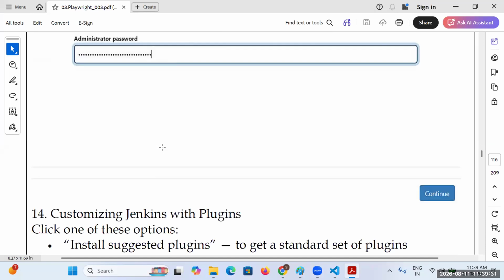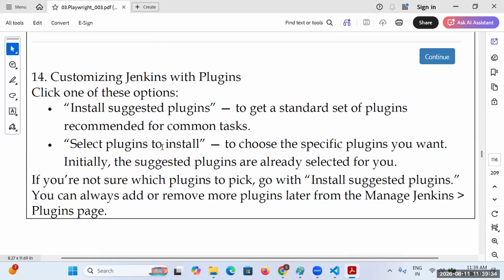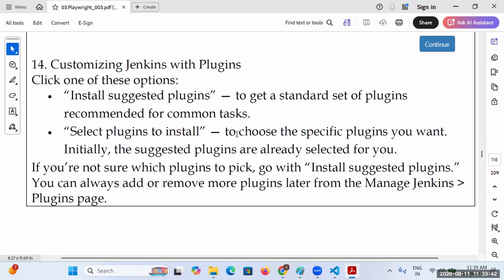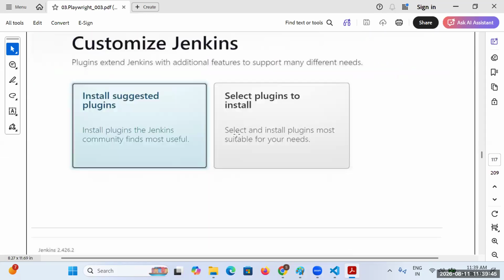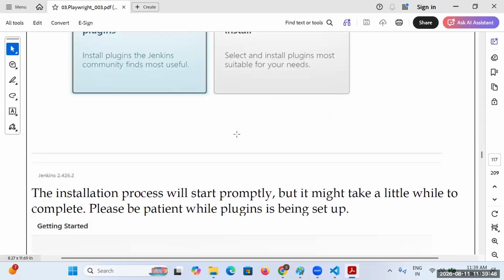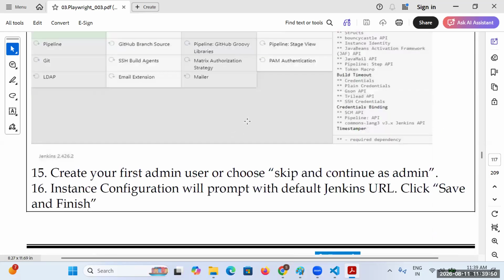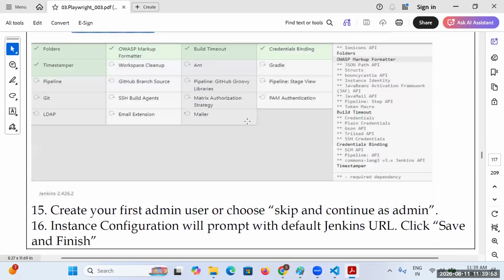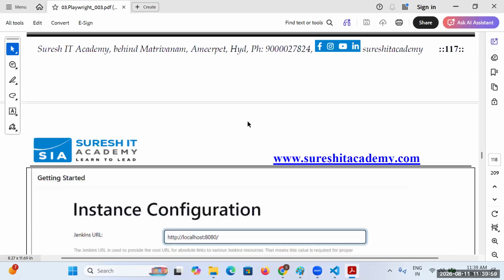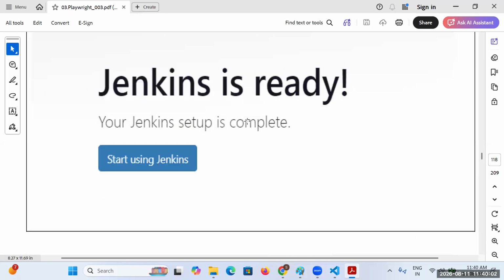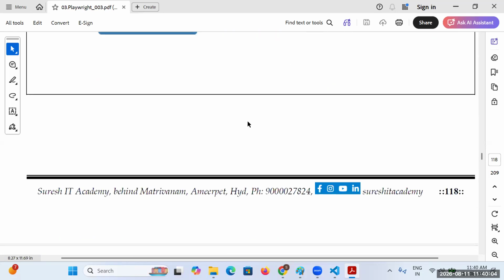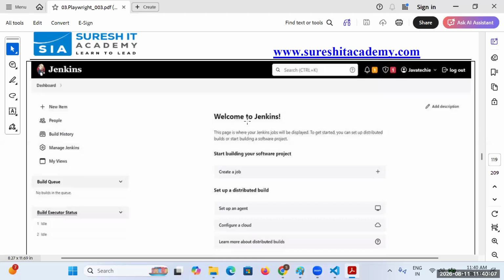Once you are done with the login, first immediately change the password, and after that you can continue installing the plugins. You will understand which plugins you want to install, select them, and all those plugins get installed. This is how you continue the whole installation. Once all the installation is completed, we can say that Jenkins is ready to implement scheduled runs.